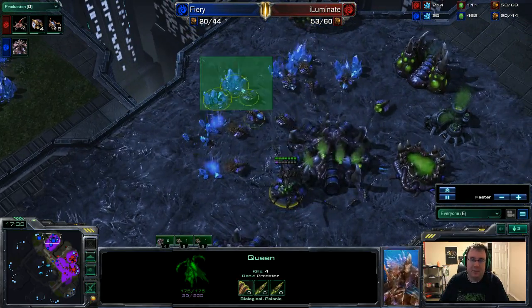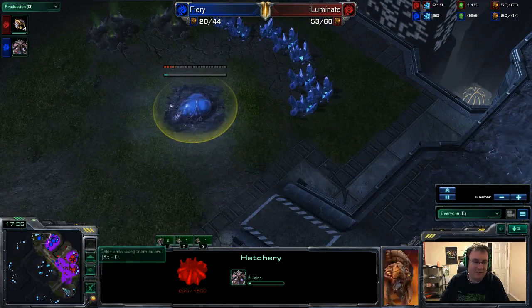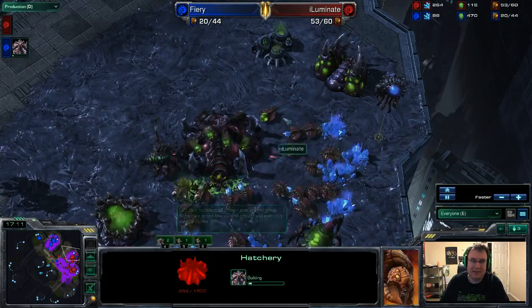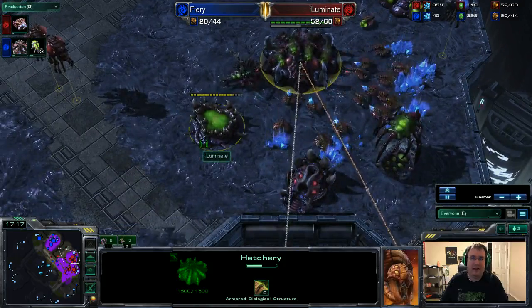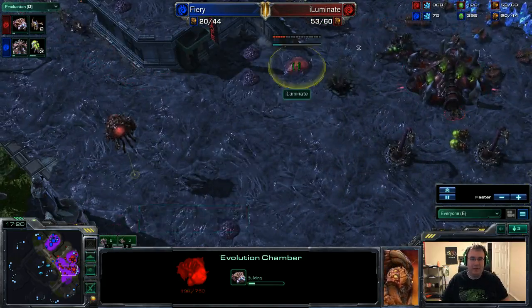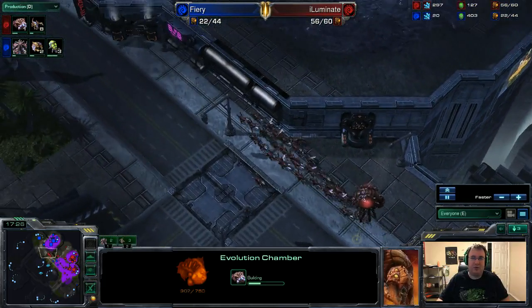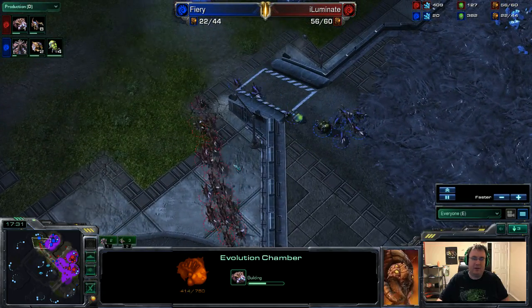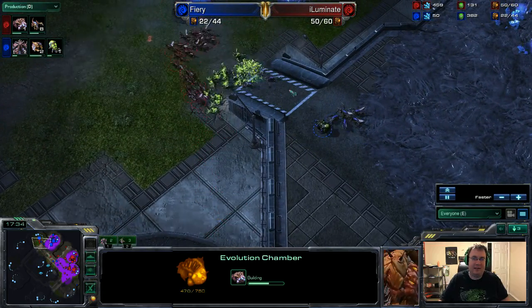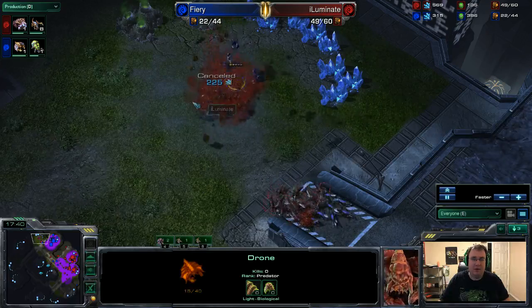So Fiery is abusing that one queen, just double injecting, and we see that Fiery still has a pretty good idea of what kind of base Illuminate has. We see Illuminate putting down an evolution chamber to be able to control Fiery's attack path a little bit. And we see a line of Zerglings run in, and that one baneling is able to get a lot of kills, taking out quite a few Zerglings right there, about 8, but not fully locking it down,